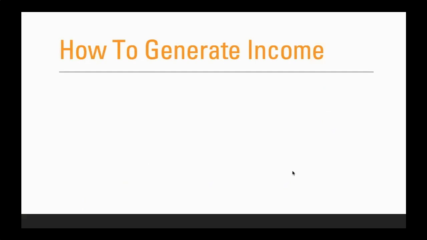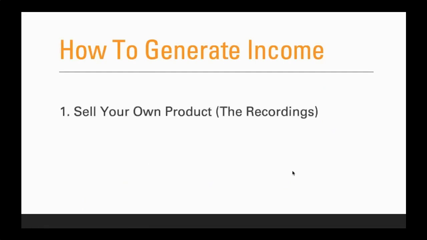So how to generate income? Now, one, you can sell your own product to your mailing list. So in this example, this real life case study, I could sell my own product, which is the recordings. The recordings, it's not expensive. Let's say it's only $20, okay? Let's say just $20 for calculation's sake. $20. And if I sell 1,000 units, that's 20,000 US dollars. And all of this is done through emails, you see? Now, 20,000 US dollars would also mean that I would have enough funds to, say, build 10,000 subscribers, right?